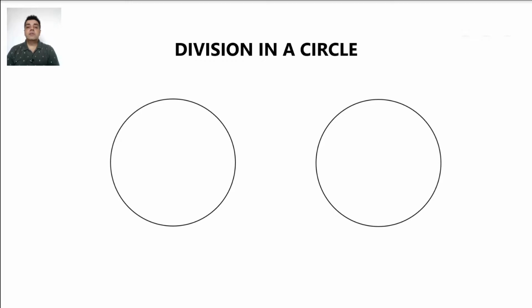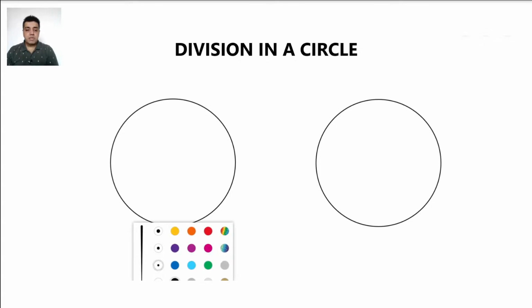In this session, we shall be discussing how a circle can be divided by a transversal into various parts. While we are doing this, we shall observe a few things so that we can take our learnings to the next level. So let's start. Now, as you would see, there are two circles drawn, and what I am going to do here is, in the first circle, we will be